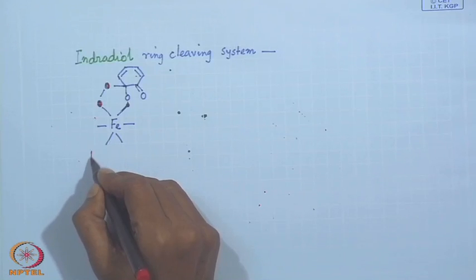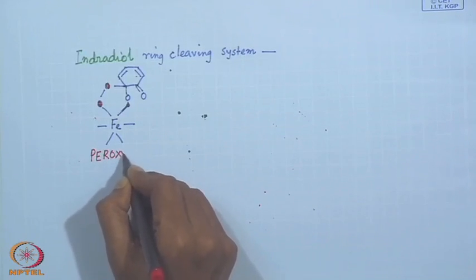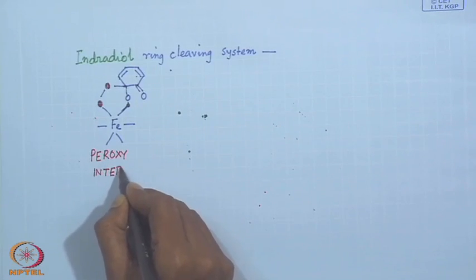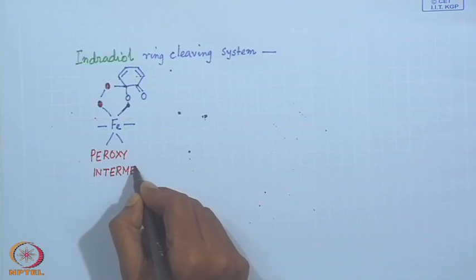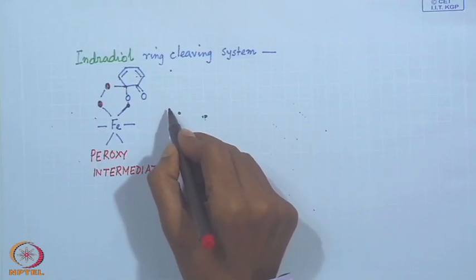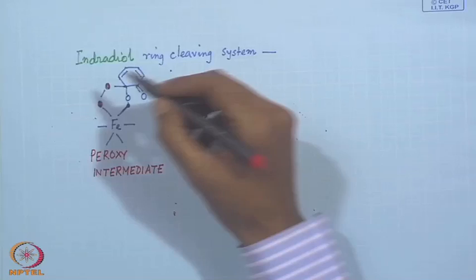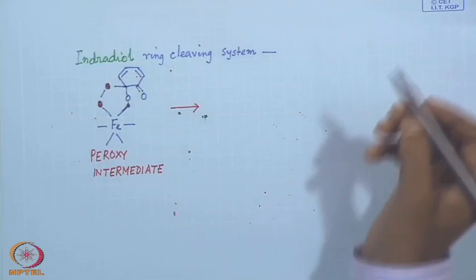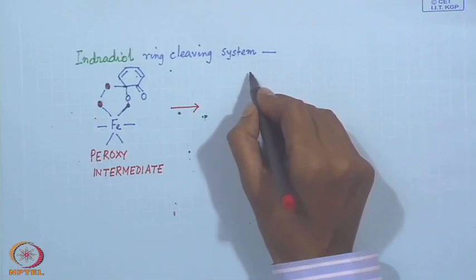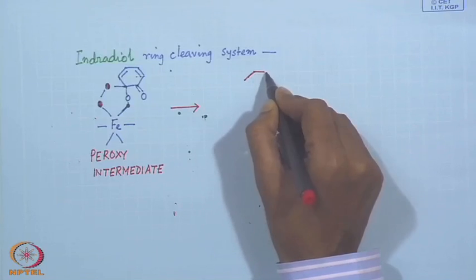So, this is our peroxy intermediate, that means whatever you have supplied to the system as dioxygen molecule is getting changed to a peroxide species, and that therefore gives some different product in this case,